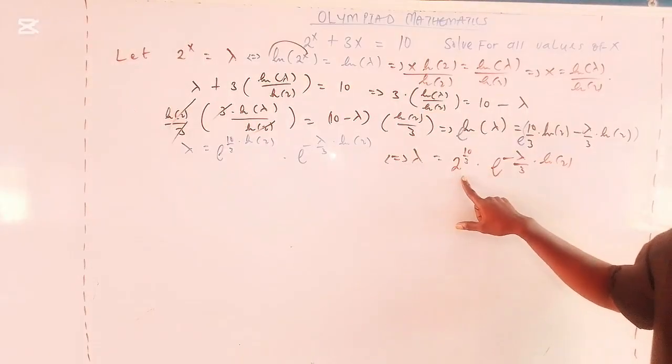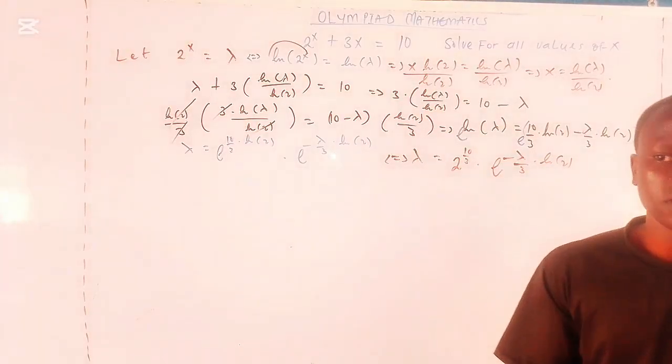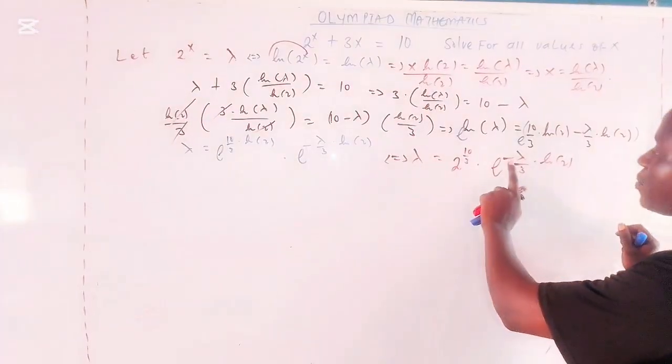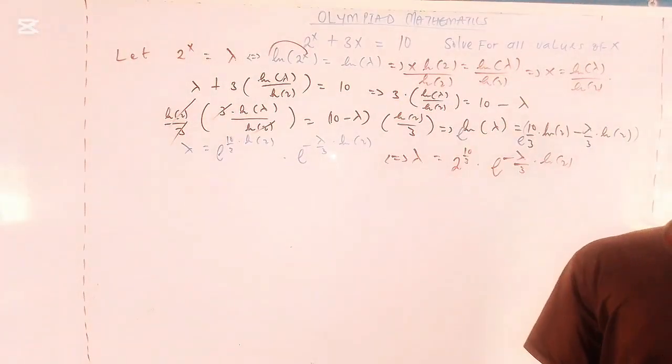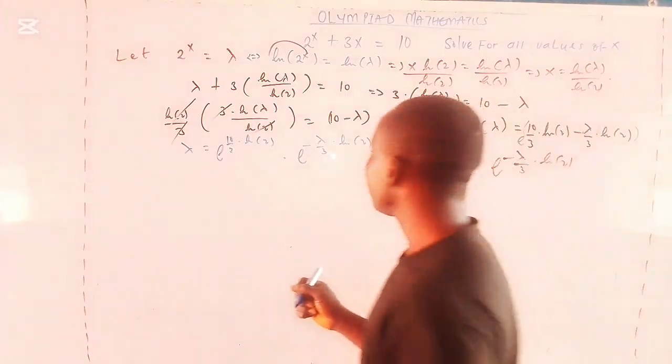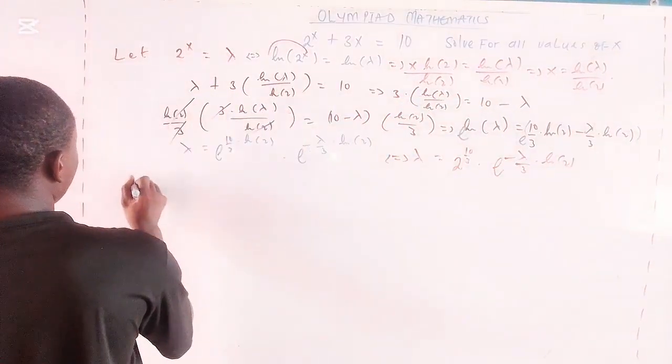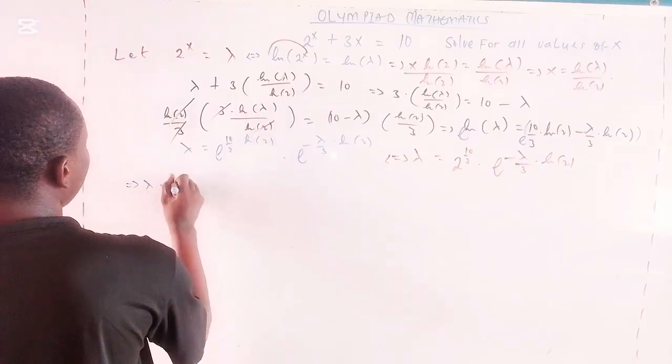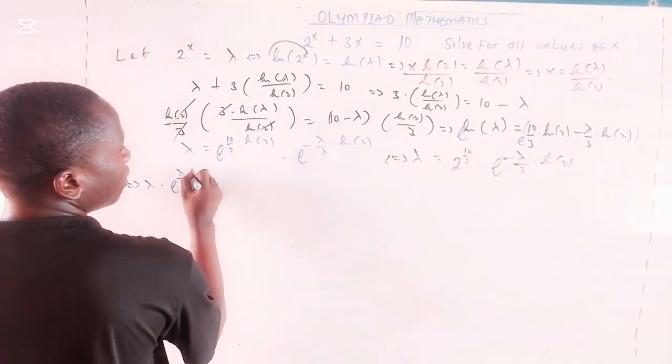So how can I isolate 2 raised to the power of 10 over 3? I have to multiply both sides by what? Exponential lambda over 3 multiplied by natural log of 2. So if you do that, we are going to have lambda multiplied by exponential lambda over 3 multiplied by natural log of 2,